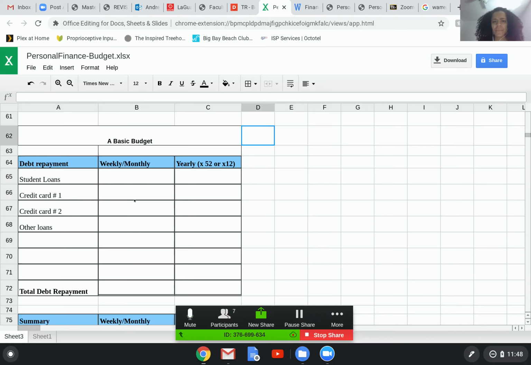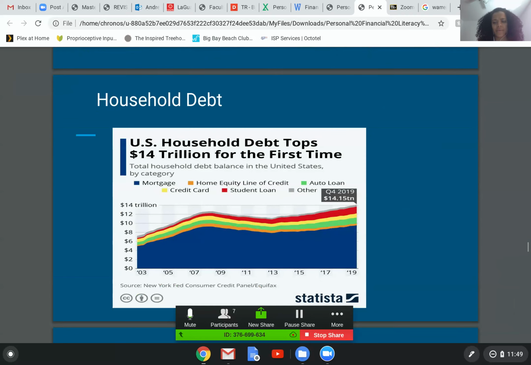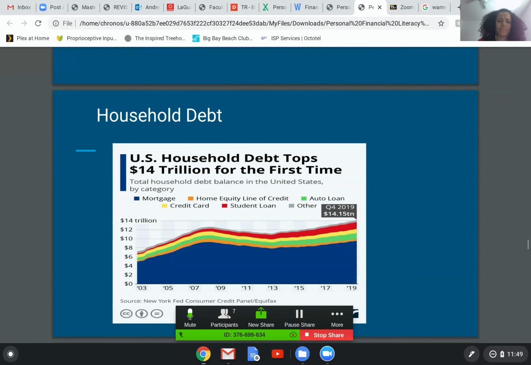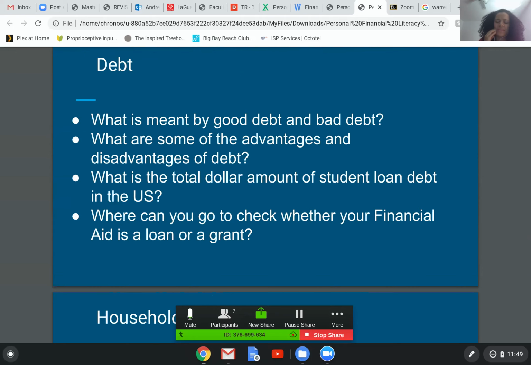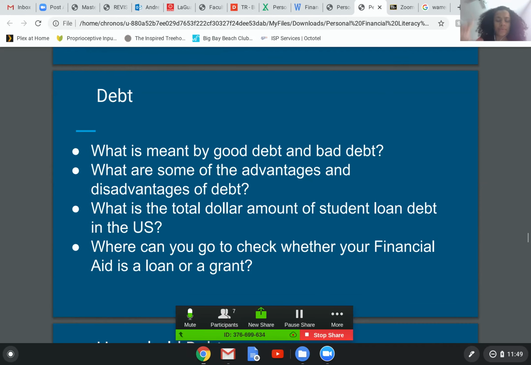All right, so that's the basic budget. I just want to go back here and maybe quickly go over some of the other things that we haven't touched on. We don't have to go deep into this debt piece. I just wanted to show you guys some of the stats and so on. Part of today was also supposed to be talking about time management. So I'm not managing my time that well. I'll have to see about how we will maybe do some of it today and then maybe next week.